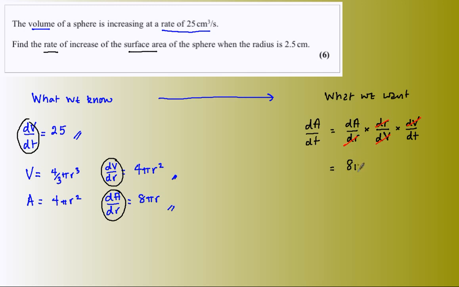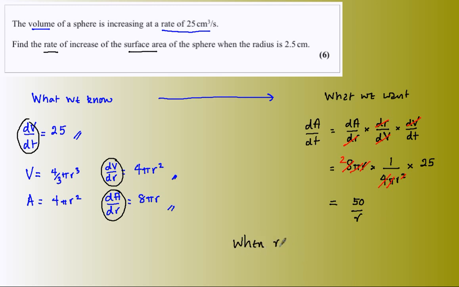dA/dr, 8 pi r. dr/dV is this thing upside down, so that is 1 over 4 pi r squared. And dV/dt I know to be 25. Right, let me sort all this out. Pi's cancel, r cancels with r squared. 4 into 8 is 2, and what I have left is 50 over r, and so